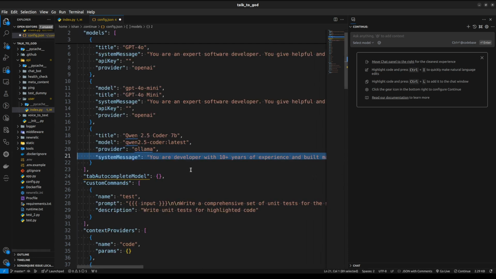So this is a system message that I've added, and then let's also set up this tab